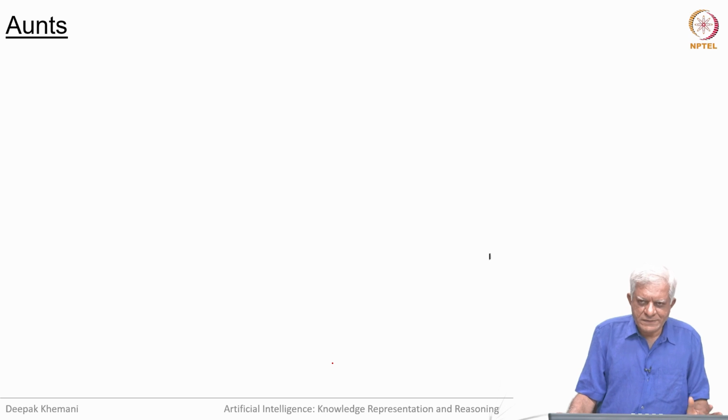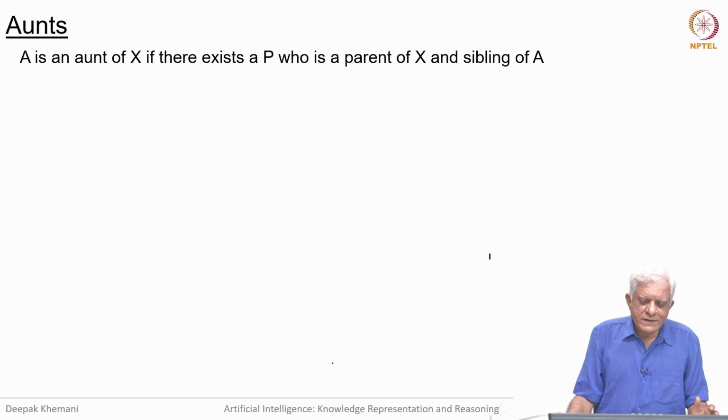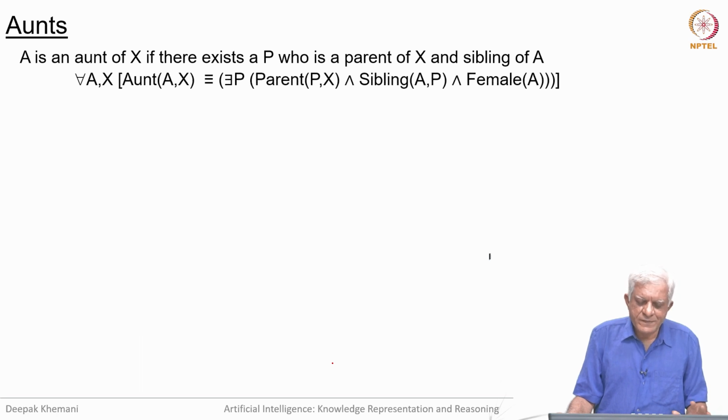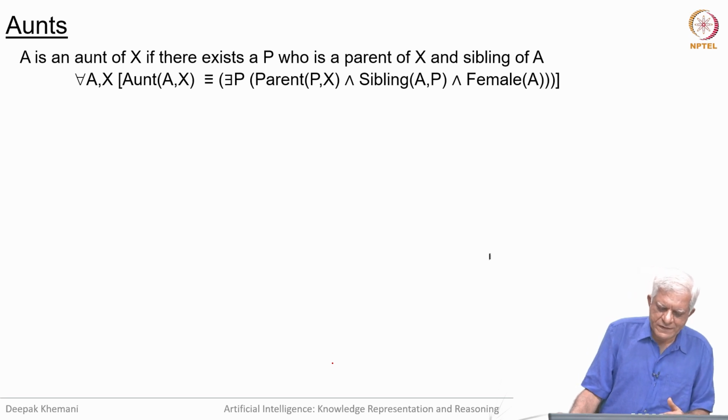Then we come to aunts, I think. A is an aunt of x if there exists a P who is a parent of x and a sibling of A. So, we can define it as follows,